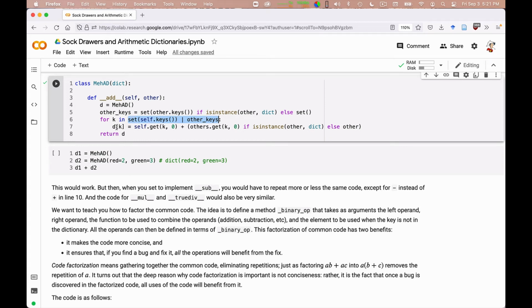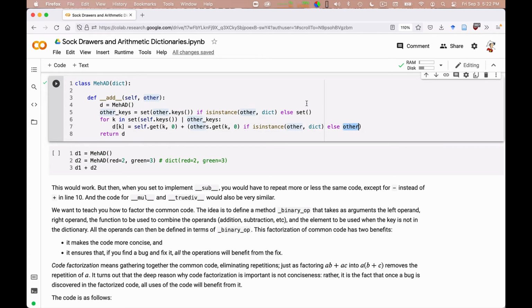And I can say the output dictionary for that key is equal to self.get(k, 0), so the left value, my own value with the default 0, plus, and for the right-hand side I say other.get(k, 0), so I get the value of k from the dictionary if the right-hand side is indeed a dictionary, and else I will just get the constant.